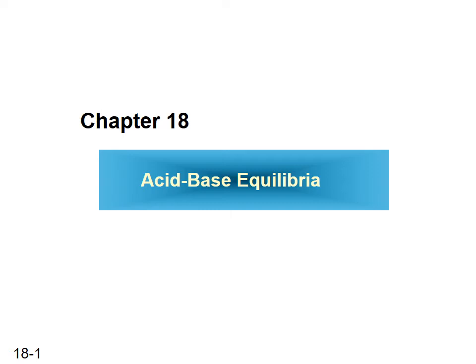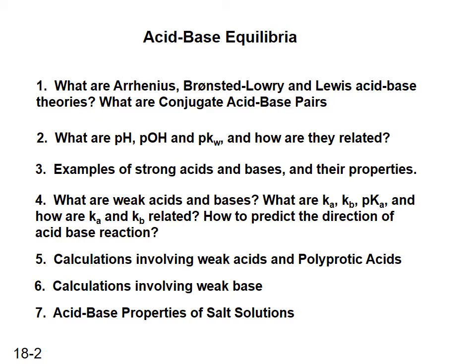Chapter 18 Acid-Base Equilibria. In this chapter, we'll study the following topics: the definition of acid and base in different theories, Arrhenius theory, Bronsted-Lowry theory, Lewis acid-base theory, the conjugate acid-base pairs, pH, pOH, pKw, examples of strong acids, strong bases and their properties,